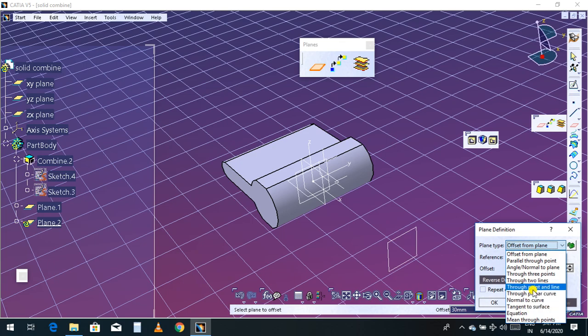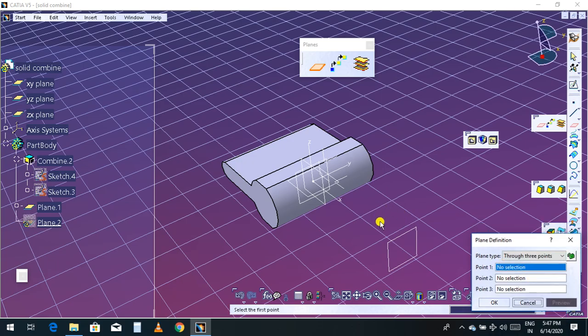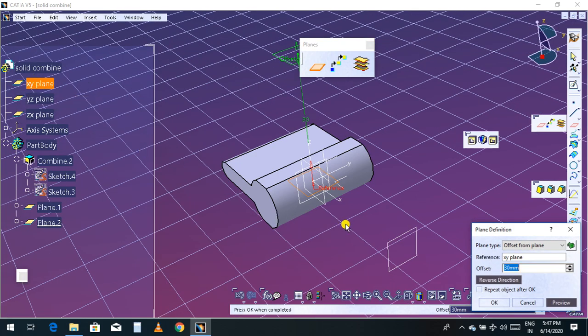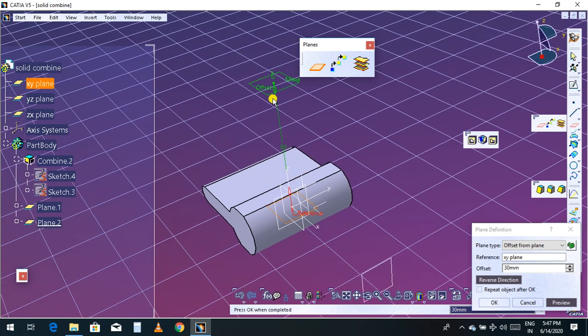Then I'll choose through point and line, and you can choose any one. I will go through 3 points. Select the 3 points. Now I'll choose the plane XY. Now this is where it is located, at 30 mm.